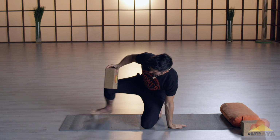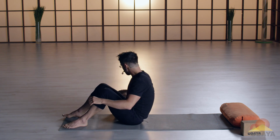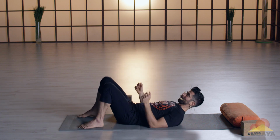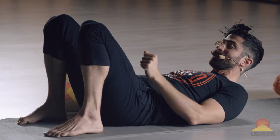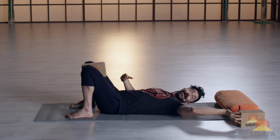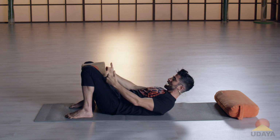For this next pose, it's called bridge pose. It's one of my favorite ones. In the beginning, you might think it's kind of easy. Personally, I think it's exactly what I want all the time. Knees bent, feet flat on the ground, heels as close to the sit bones as possible. Your thighs can be parallel, and you're more than welcome to hug a brick there to have some internal rotation. Also, another brick is really what you're going to want to have later on. Now, by squeezing this brick in here,